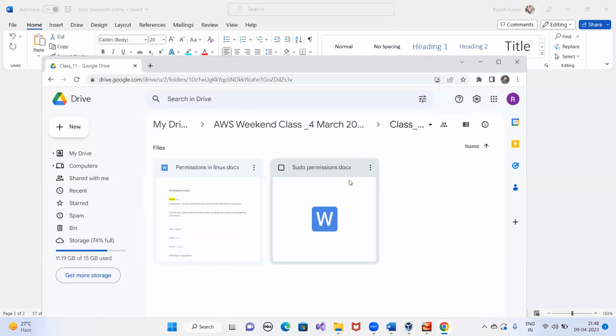You will get this file in the class 11 folder in that same link.